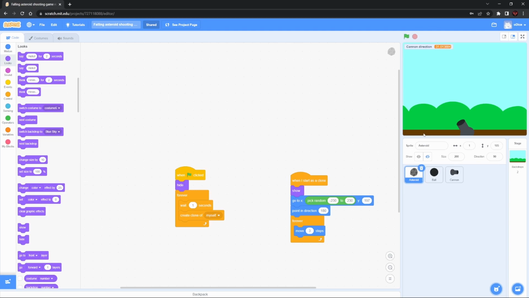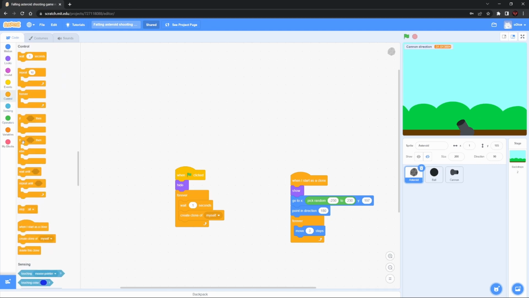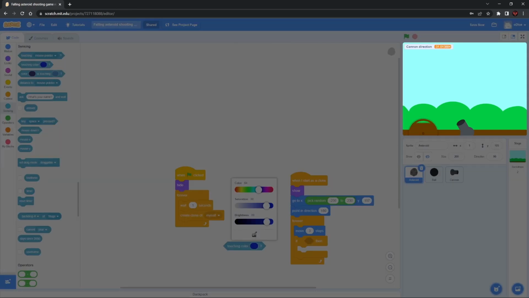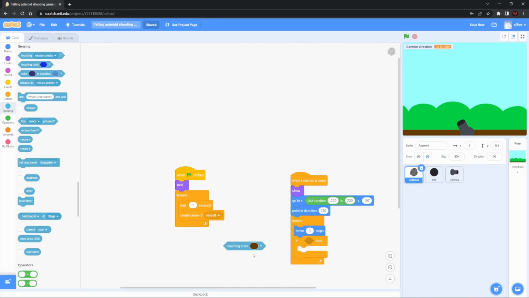So to actually make the game stop once the asteroids reach the ground or the cannon, we need to get an if block and check if it happens. So we want to check if the asteroids are touching the ground first, and to do that we need to check if it's touching the color of the ground, which is brown, right? So if I click on this color over here, I can click on this button, and this button will allow me to select the color which I would like. So I'm gonna select the brown color,